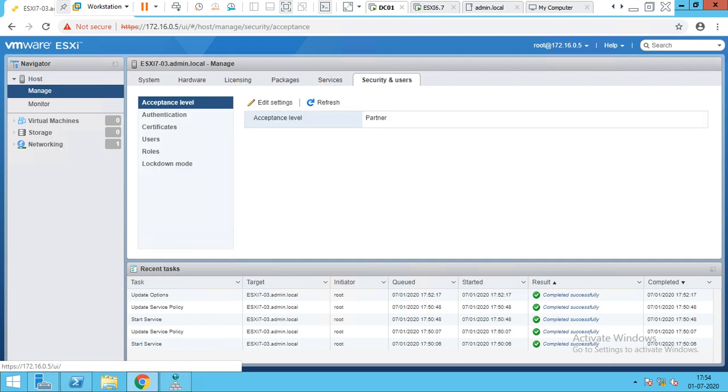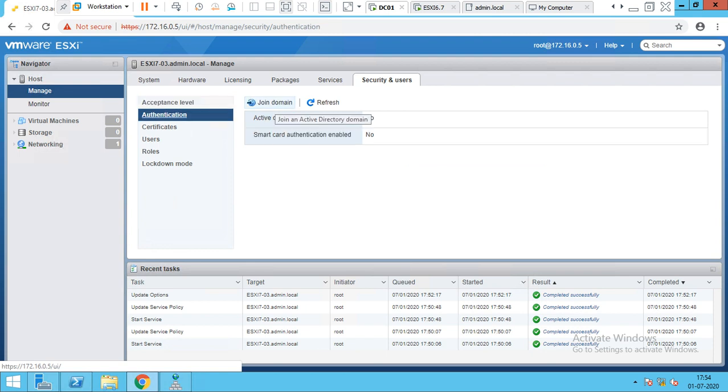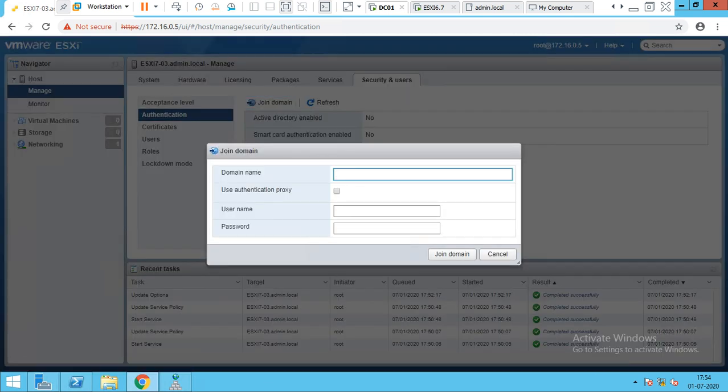For joining into the domain, we have to go to Security and Users, and there is an option Authentication. There is an option Join Domain. In Authentication, we will go to Join Domain and write down the domain name of your company. My domain name is admin.local, and the password of the power user of the domain, the person who has the right to join the domain.